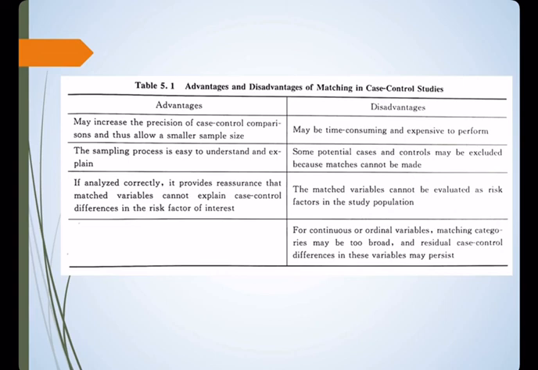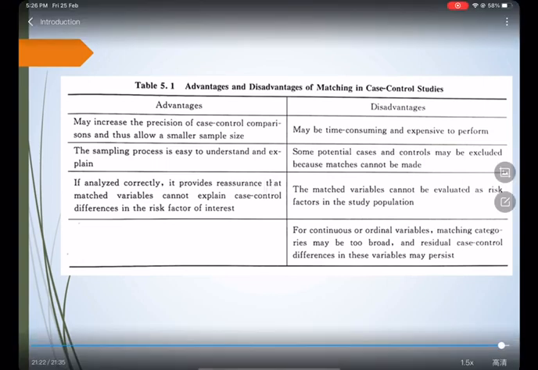The matching process may be very time-consuming and expensive to perform. And some of the potential cases and controls may be excluded because matches cannot be made. And the matched variables can't be evaluated as risk factors in the study population. So please be careful: if we match some variables, we cannot analyze them later in the study. So if this is a variable that we are also interested in for the later case control analysis, we should not match it in the design part. And for continuous or ordinal variables, matching categories can be too broad, and the residual case control difference in these variables